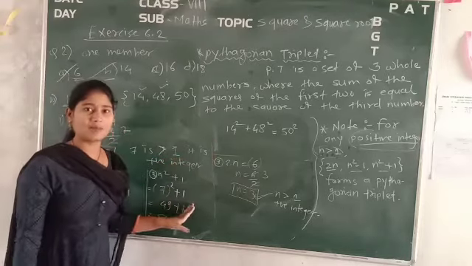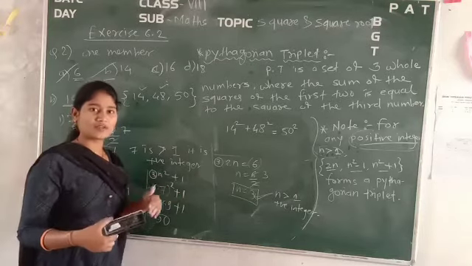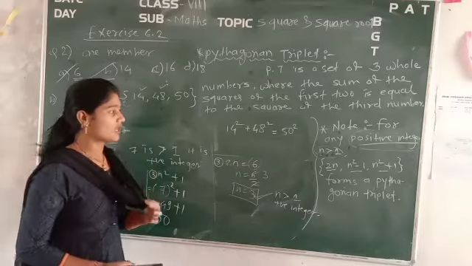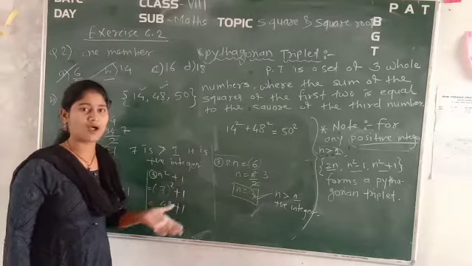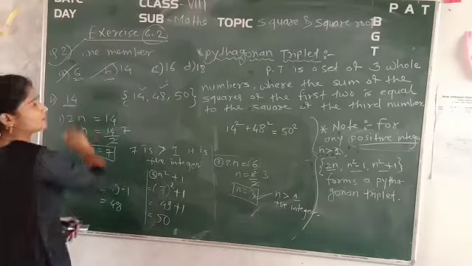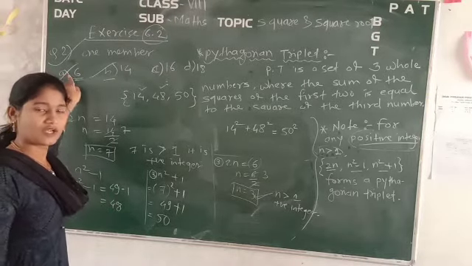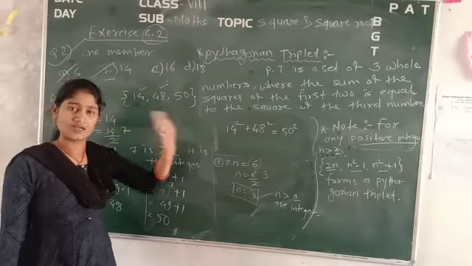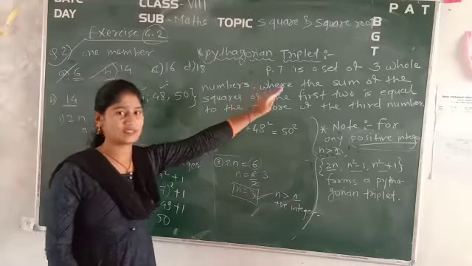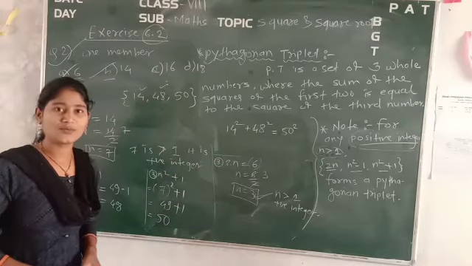Now in that way we have completed Pythagorean triplets. Okay, in the next video we will cover finding the squares of numbers without doing actual multiplication. For today it's okay with this one. For homework, your exercise 6.2 is there. With that we have seen only question number 2, so only that you have to solve today. Only question number 2, not question number 1. I will tell you question number 1 later in the next video. So for today it's enough. Remember all these properties, triplets, and this note also, which is very important. Solve in that way. So thank you. Have a wonderful day.